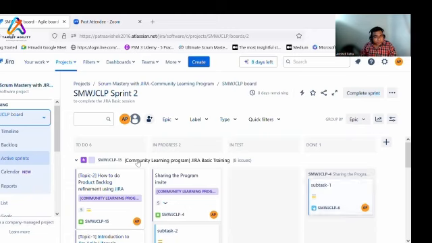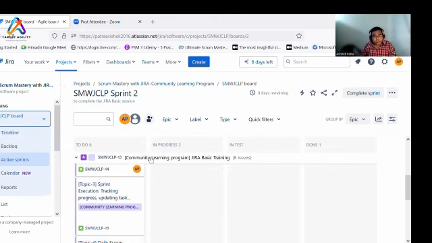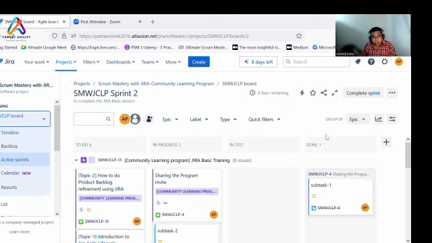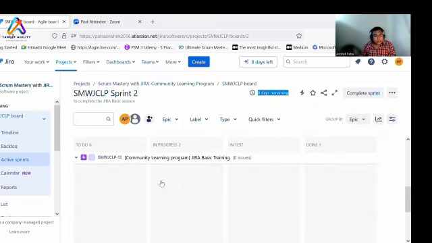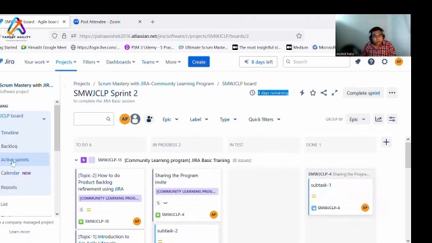So just giving you a basic idea of how to create a board. Now we have already completed Sprint one. Sprint two is started. If you see, 8 days are remaining, right? And then we do have a lot of things in our sprint backlog, which is in progress, which is in test, and we will see how we will move ahead using all these Jira tickets.